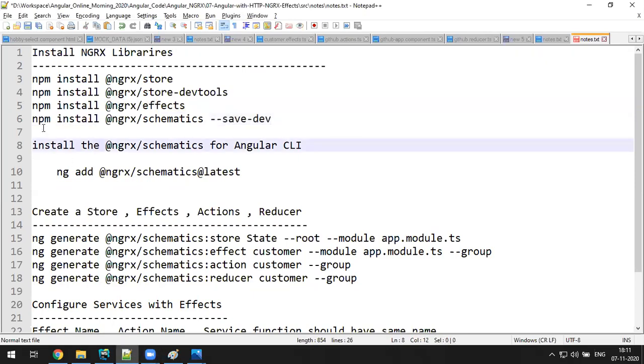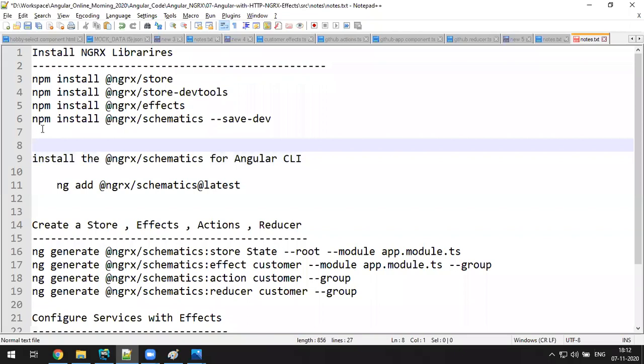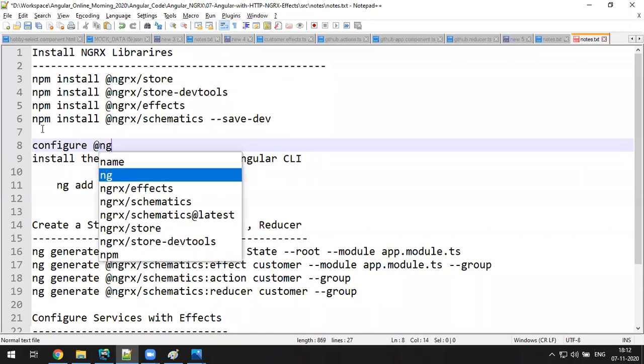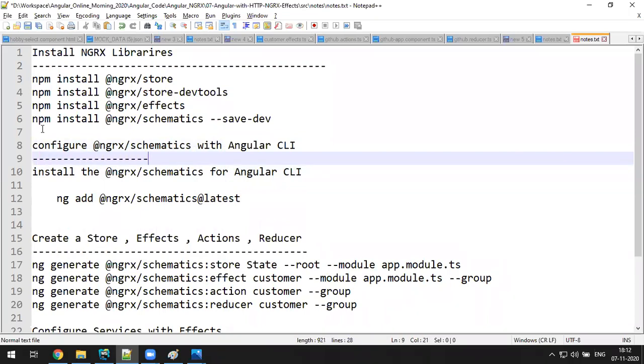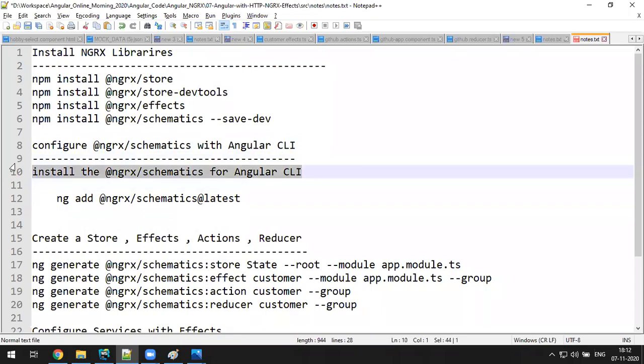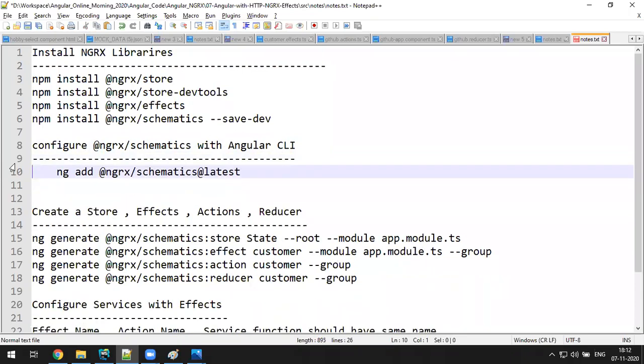Yeah, fine. And after that, next, configure NGRX schematics with Angular CLI. So this is the step. This is an extra step, you need to do it. This is the one. Okay, so once you have done with this step,